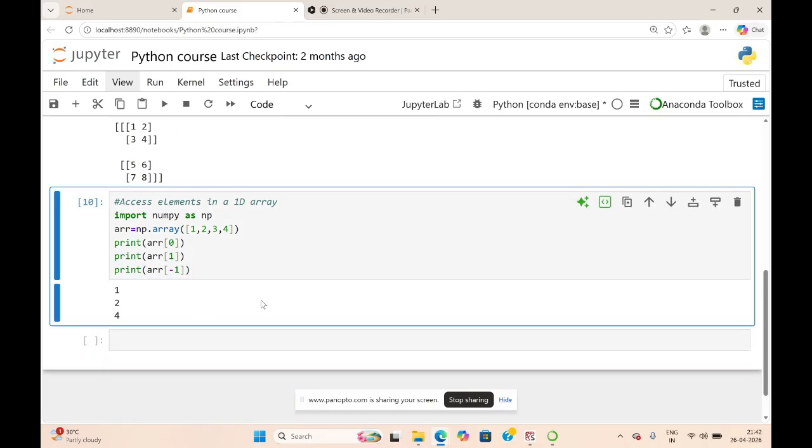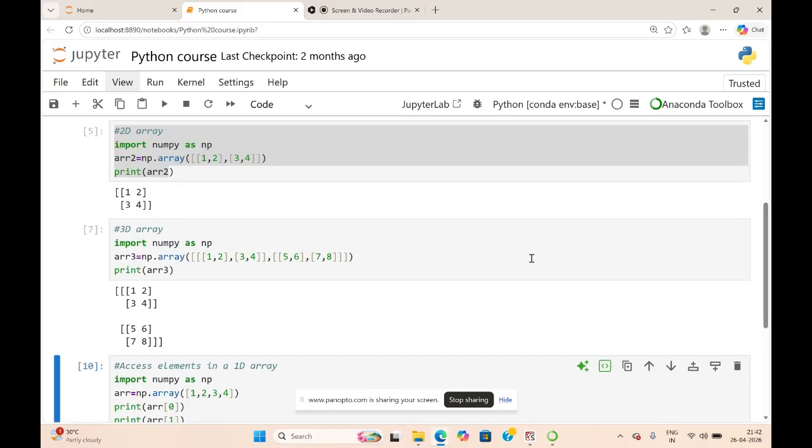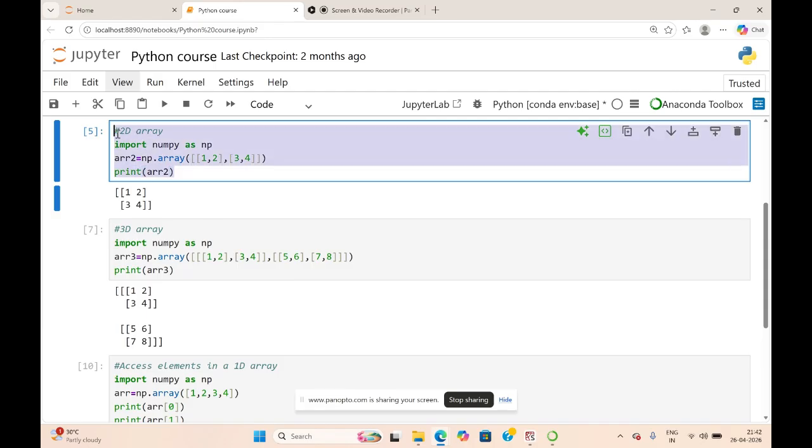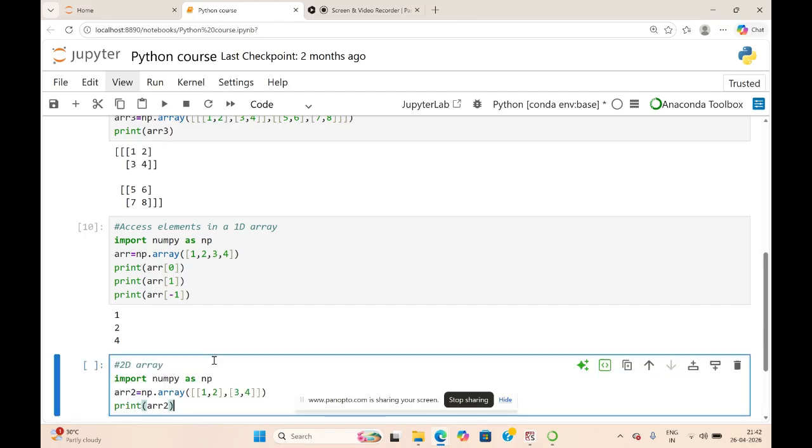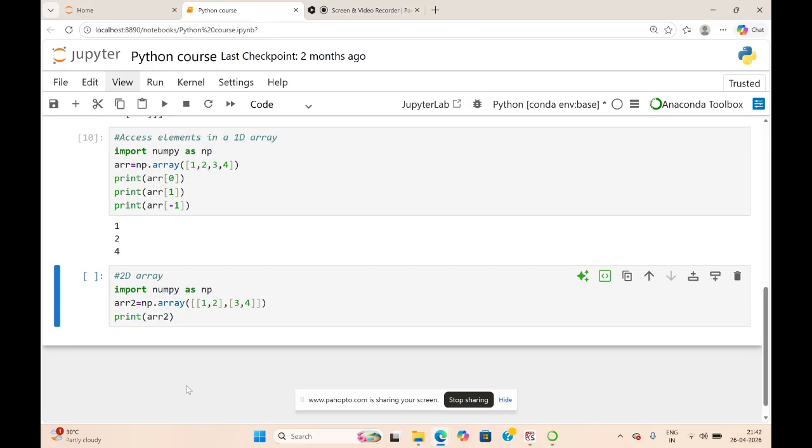Similarly, if you have to access a two-dimensional array, I'll copy this code to save time, this two-dimensional array code, and we'll see how we can access the elements in this two-dimensional array. So here, if you have to access the elements of the two-dimensional array, we need to mention which row and which column element.